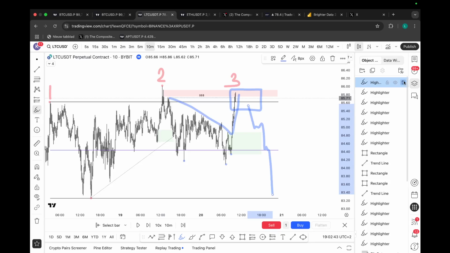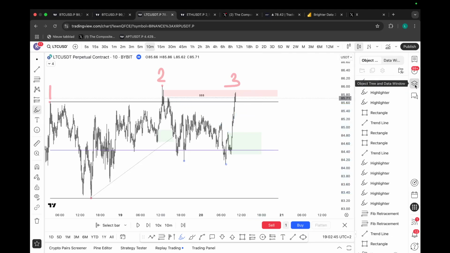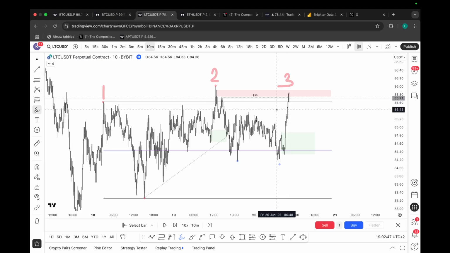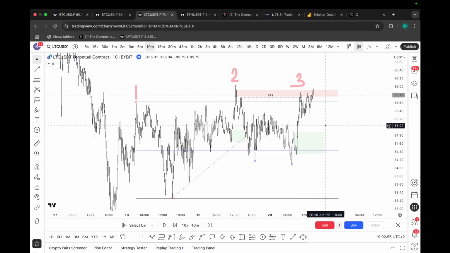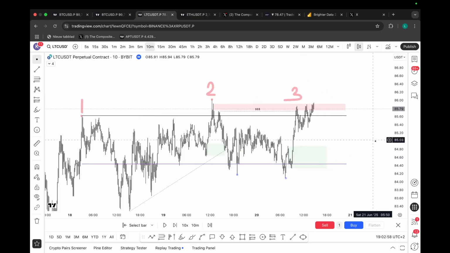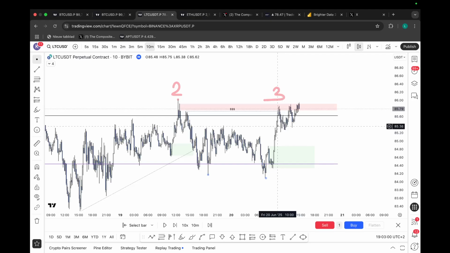A low time frame break of structure in these situations is not going to cut it because you had a super aggressive expansion towards the upside, and that can simply just be a low time frame fake break. So what we saw happen here was therefore extremely important. And that is that we got that initial rejection towards the downside.